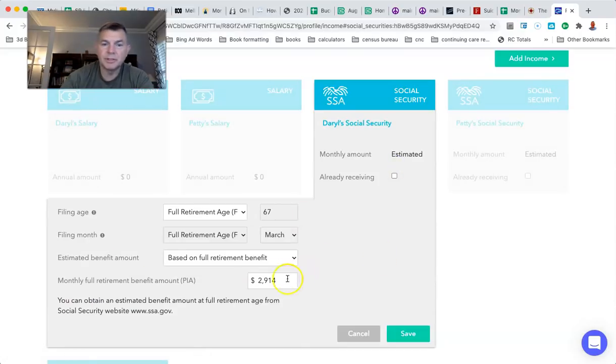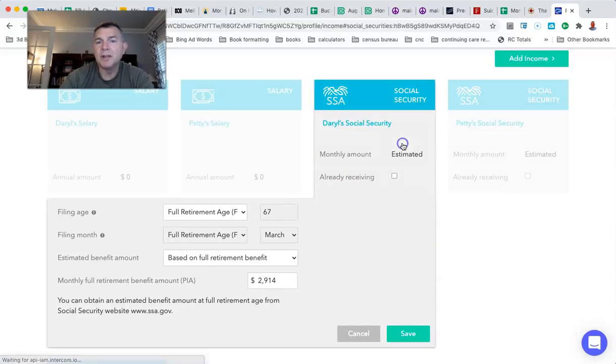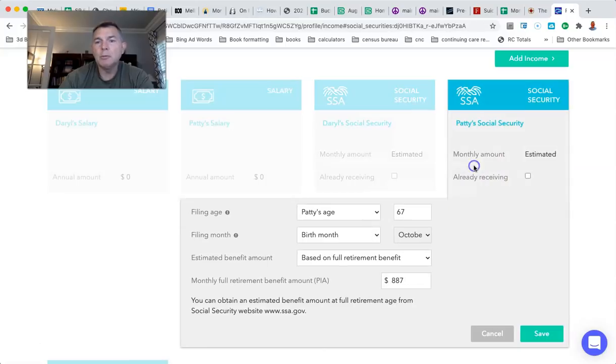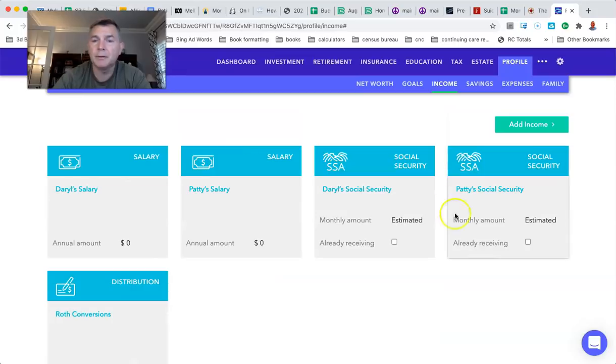Daryl's going to get Social Security, $2,900 a month. At 67, old Patty will get her Social Security at $887 a month. Now, what's going to happen, of course, is once Daryl files, Patty will not get $887. Patty will get half of this right here. Once Daryl files, as a spouse, you cannot get the spousal benefit until the other spouse files. Unlike if you're a divorcee, you don't have to wait for the other person to file, which is crazy,